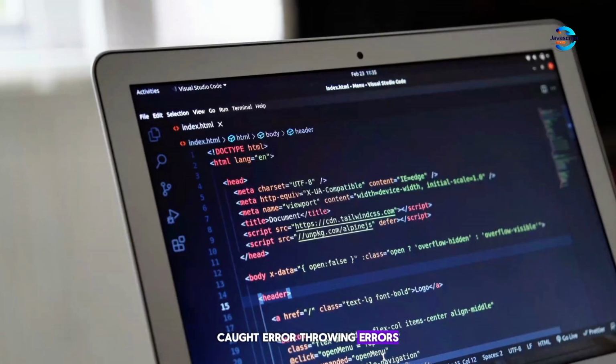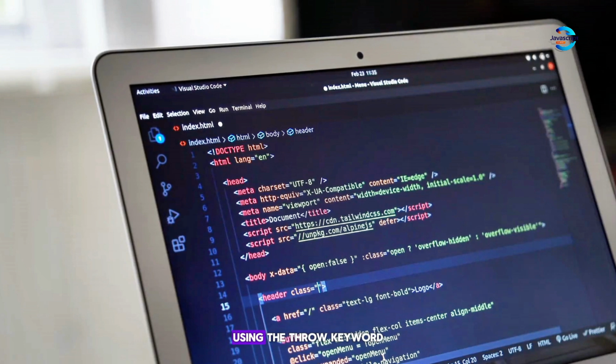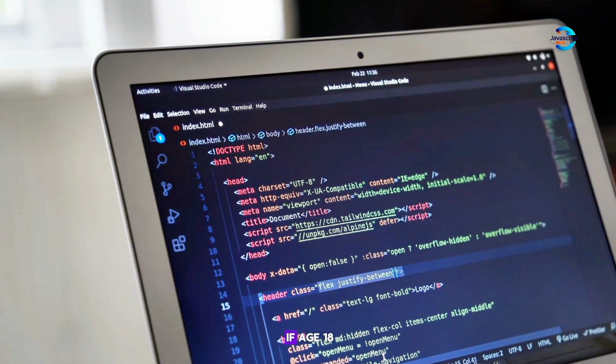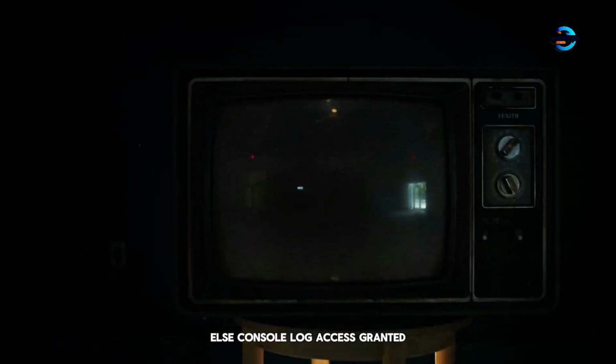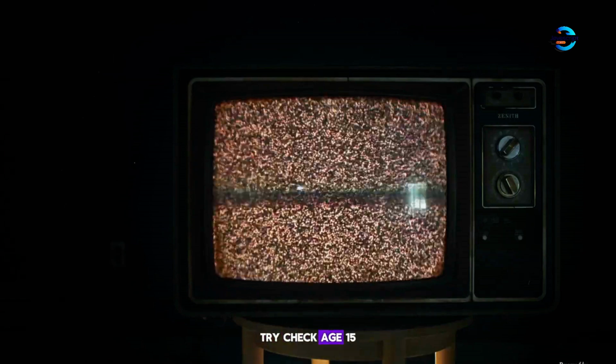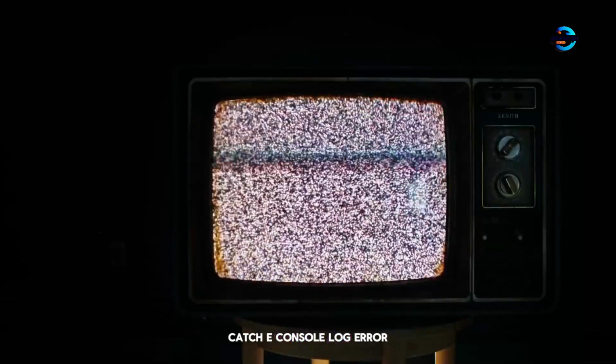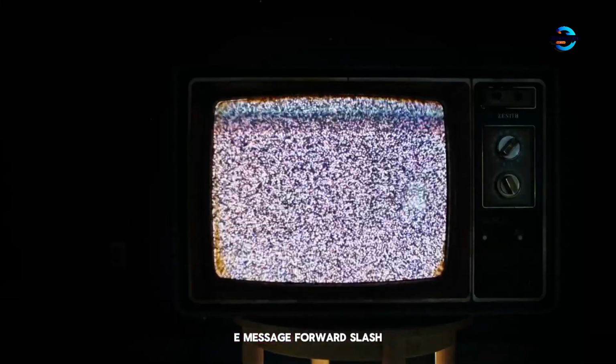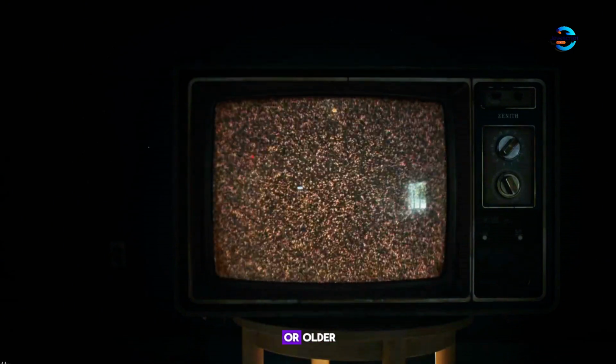Throwing errors. You can create custom error messages using the throw keyword. JavaScript: function checkAge(age) { if (age < 18) { throw new Error("Age must be 18 or older"); } else { console.log("Access granted"); } } try { checkAge(15); } catch (error) { console.log(error.message); // outputs: Age must be 18 or older }